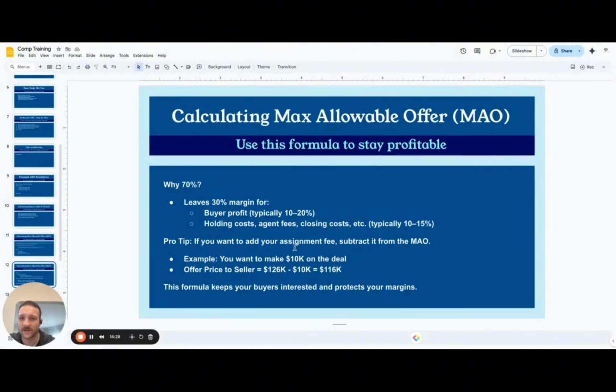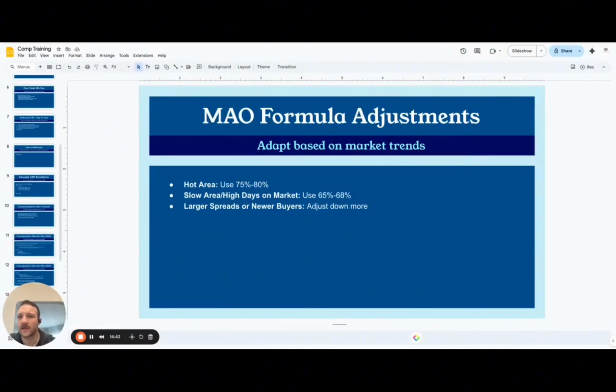If you want to add your assignment fee, subtract it from the MAO. So let's say you want to make 10K on the deal, you would offer 116. This formula will keep your buyers interested and protect your margins. Now, some quick MAO formula adjustments. If it's a hot area, you could potentially move it at 75 to 80% all in.